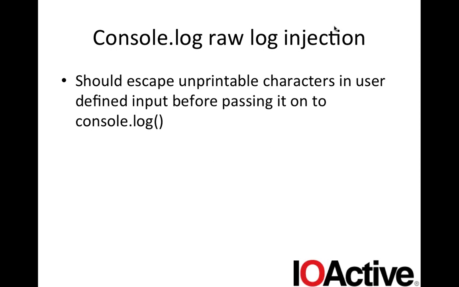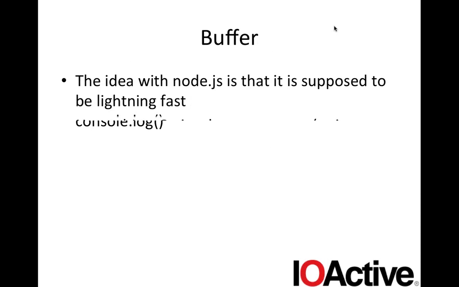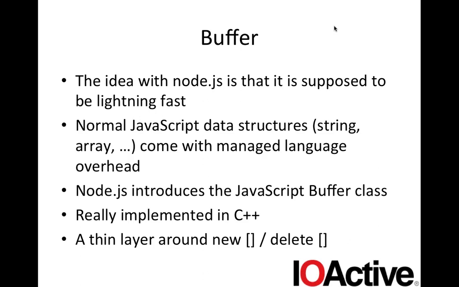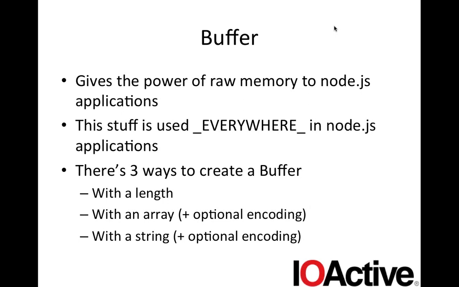And this is just a very simple example that I made, where basically you say create server, and you take a piece of data that comes from the HTTP request, and you do console.log, and then you put it to the console, and then if an admin views that, there's potential for either terminal escape codes or overriding or making it appear as if something isn't in the log file, right? As for developer guidance, an easy way to fix this is basically to have a small wrapper around console.log where you escape unprintable characters in user-defined input before passing it to console.log, and you filter out things like escape and unprintable characters, and that should take care of it.